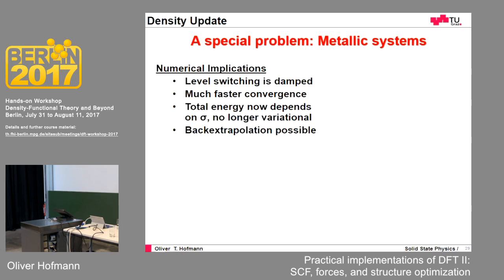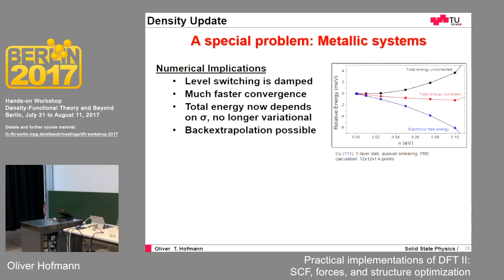Fortunately, some kind of back extrapolation is typically possible, which I show in this graph, where I've just increased the Gaussian broadening for a copper 111 5-layer slab, and you can see that the total energy, once you correct it, is basically independent of the broadening with some small error,